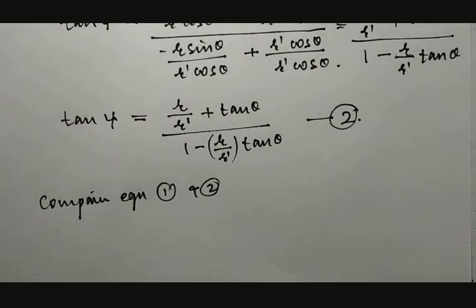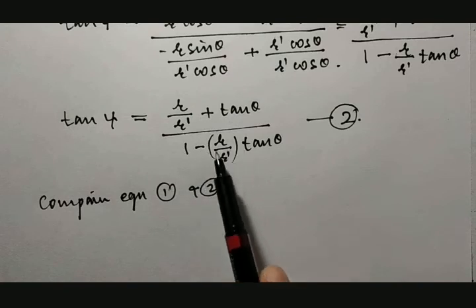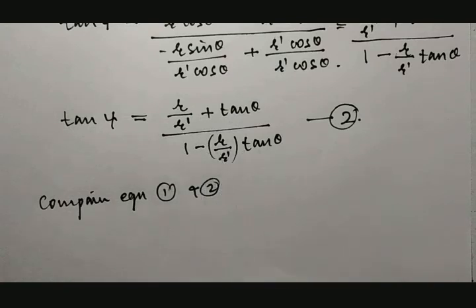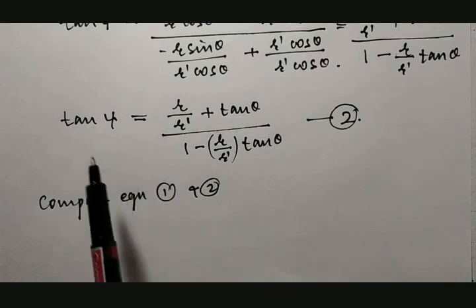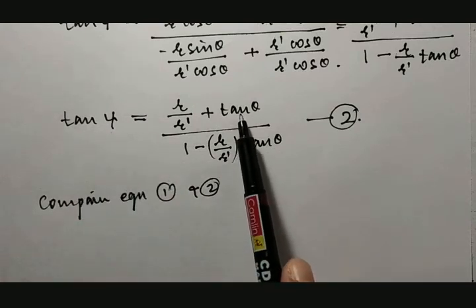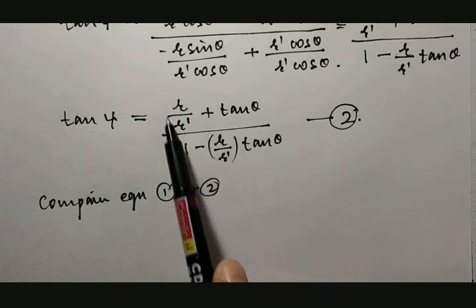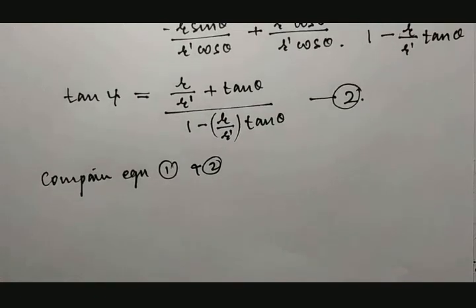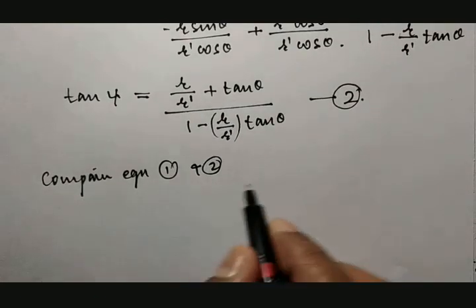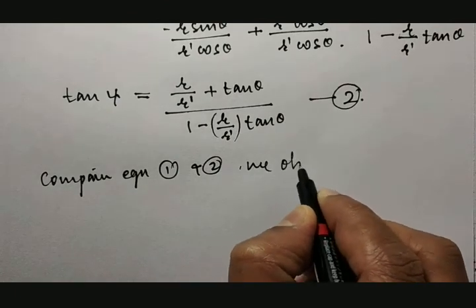And here, tan psi is equal to something plus tan theta divided by 1 minus something into tan theta. If you compare these two results, everything is the same. Tan psi in the LHS remains the same, tan theta remains the same, and this something is replaced by tan phi there. Therefore, comparing equation number 1 and 2, we observe